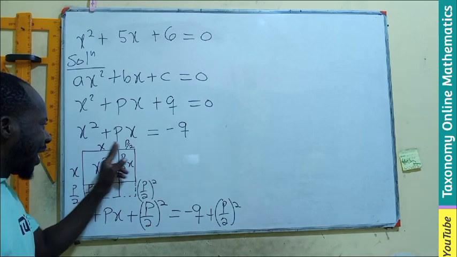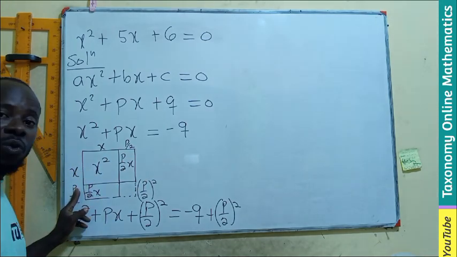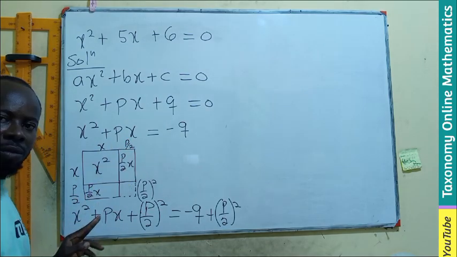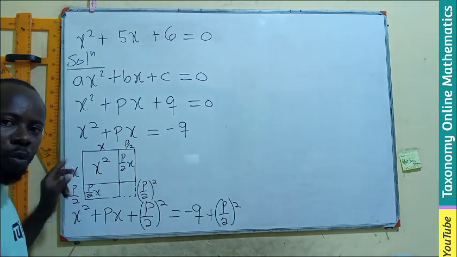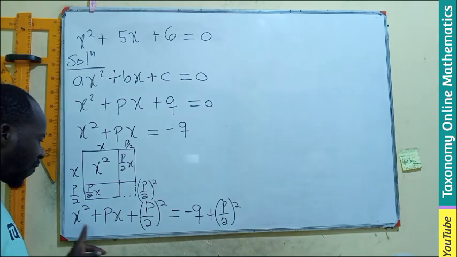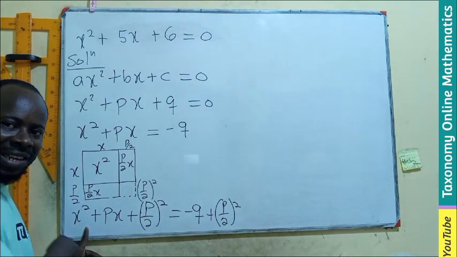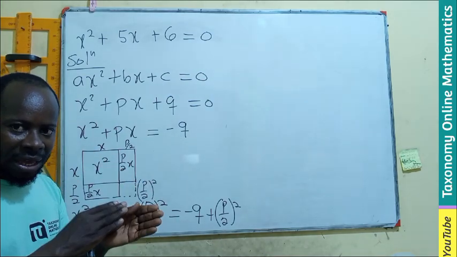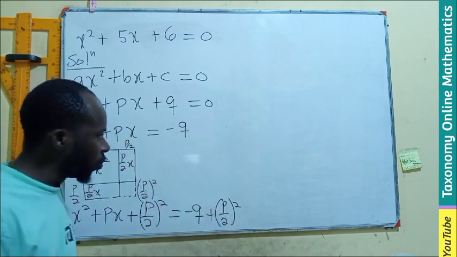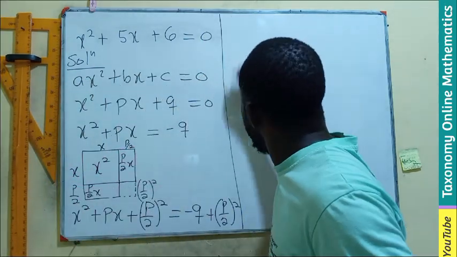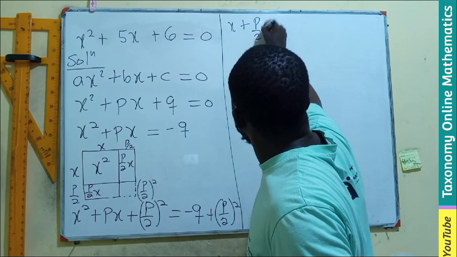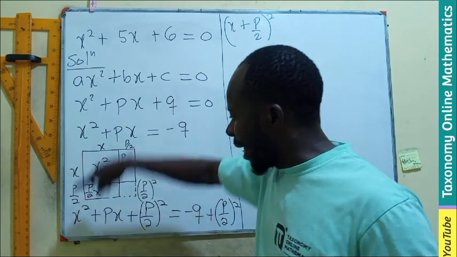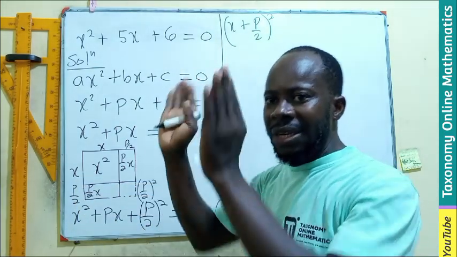So if I'm multiplying the length of this square by the length of this square, I get the total area. So x plus p over 2, which is one side, times x plus p over 2 gives me the value of these three terms. Instead of writing these three terms, I can write only the formula, length times length of a square, giving me the value I'm looking for. So that means I can have x plus p over 2 all squared. Why all squared? x plus p over 2 times x plus p over 2 gives me the square of that value,